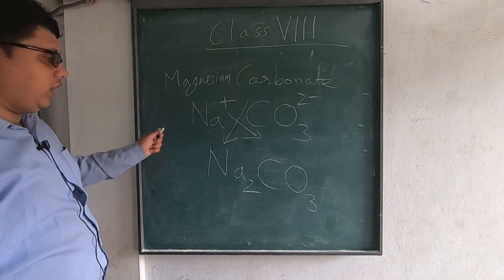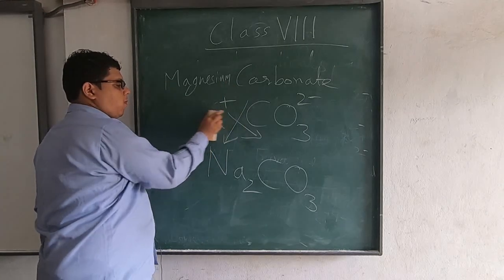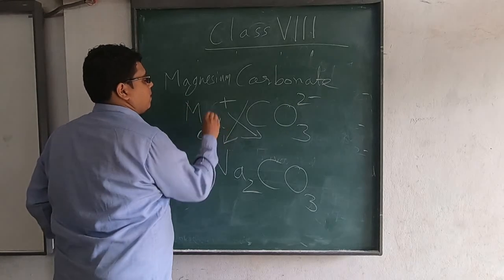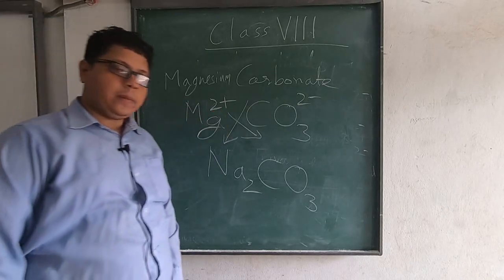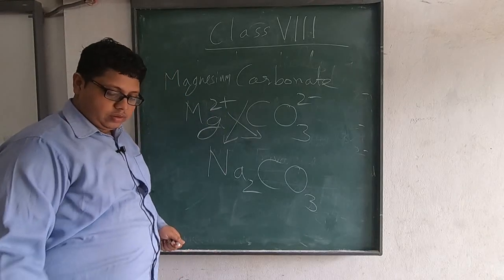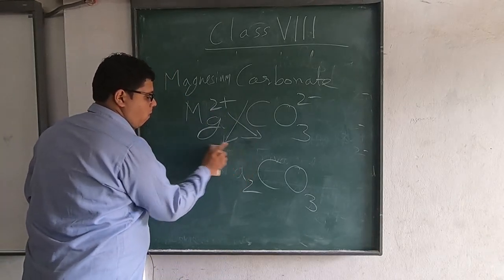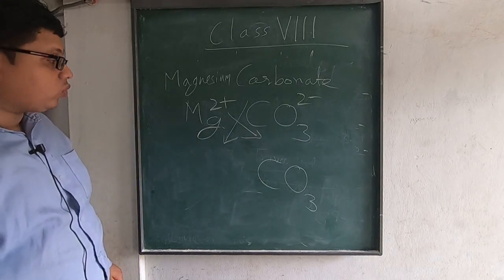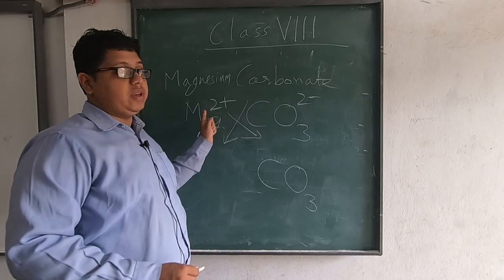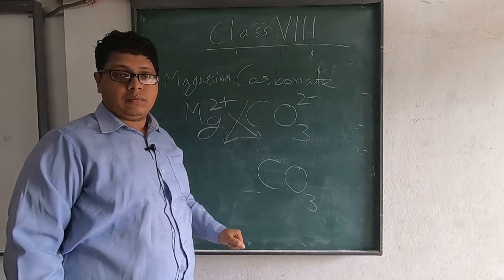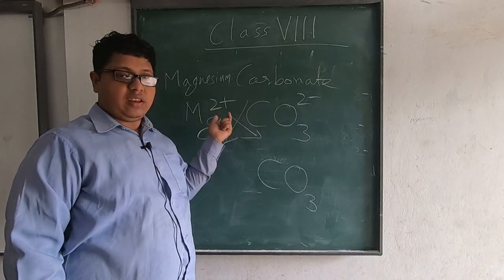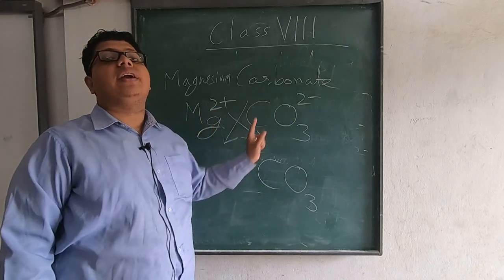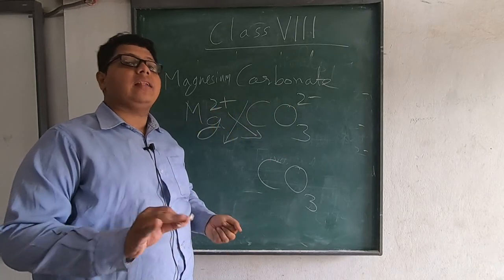Magnesium, that it will not be any. You have to find it in the chart and you will see that it is Mg2 plus. Okay, now if it is Mg2 plus, here also it will change. How will it change? Now you notice one thing, both are same here, 2 plus and 2 minus. If this is the case, anywhere you find in writing these formulas, if they are same or if they are divisible, we can cancel out.